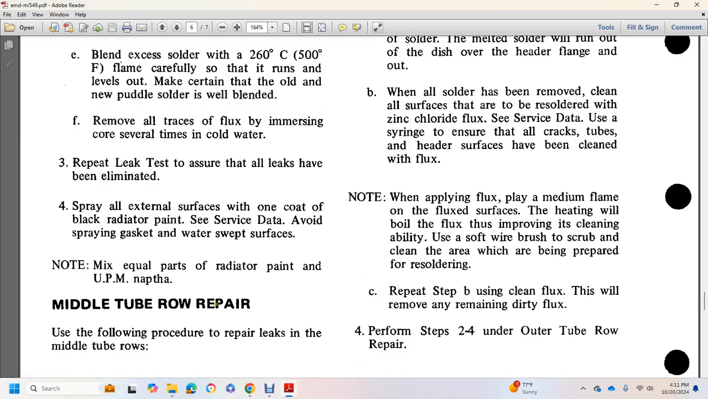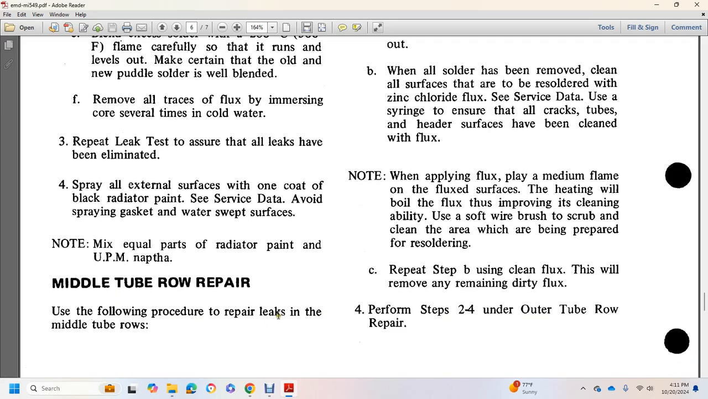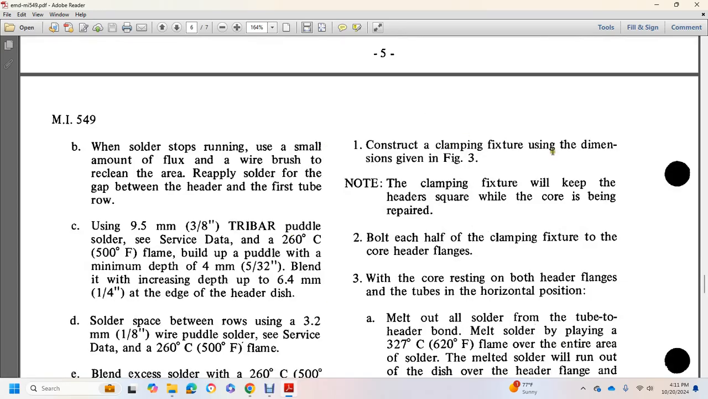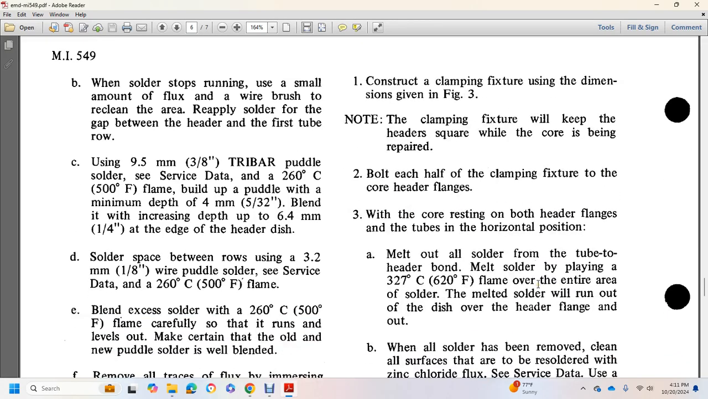Middle tube row repair. Use the following procedure to repair leaks in the middle tube rows. 1. Construct a clamping fixture using the dimensions shown in Figure 3. Note that the clamping fixture will keep the header square while the core is being repaired. 2. Bolt each half of the clamping fixture to the core header flanges. 3. With the core resting on both header flanges, with the tubes in the horizontal position: